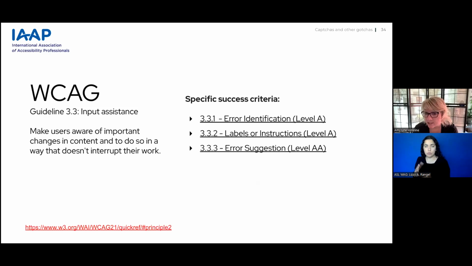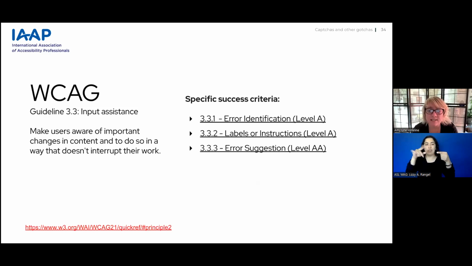The error message should be as specific as possible, providing information about input errors in text, which really allows our users who might be blind or colorblind to perceive the fact that an error occurred. So we want to be careful about what our messages look like, that they're not identified by color alone. We want to make sure that our error messages are in line with the error, so folks don't have to find the error message up and down the page.